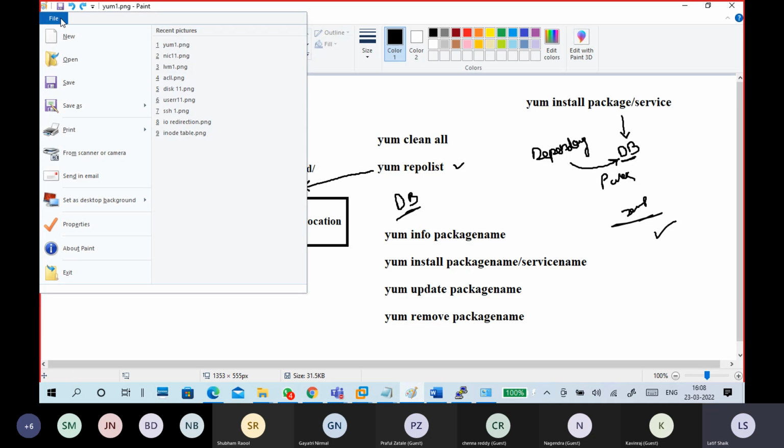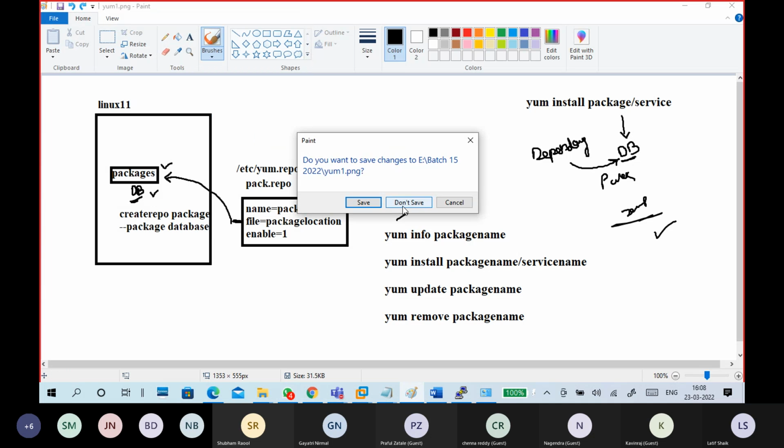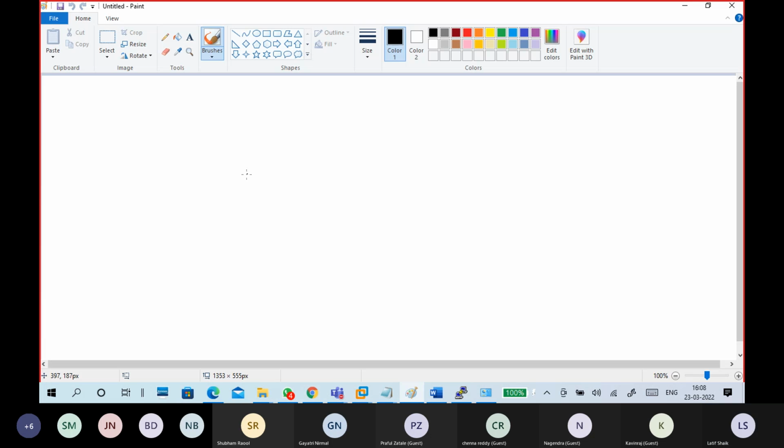Okay, so we're going to a new file. Guys, look here. I have a file in my Linux system.